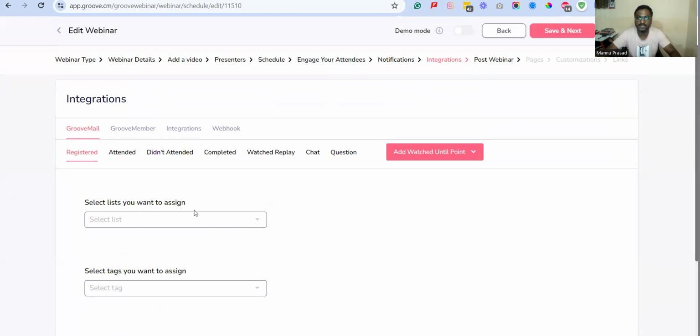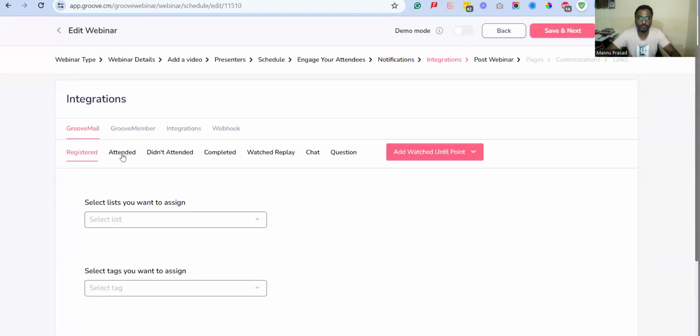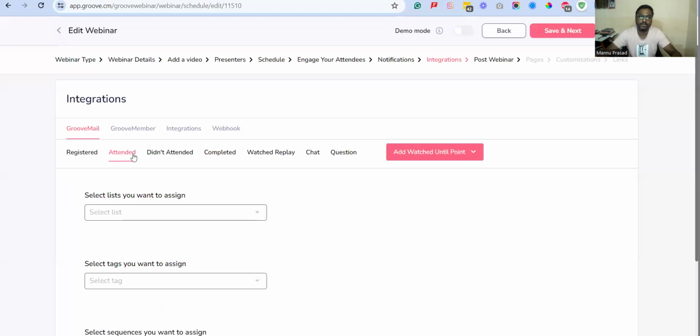Okay, you just assign the list, tag, and your sequence to them, and it will work. In the same way, for the people who have already attended, you can send your other promotional sequence. So before doing all of this, make sure your sequence, your list, everything is ready inside GrooveMail. The people who did not attend, the people who completed the webinar, and the people